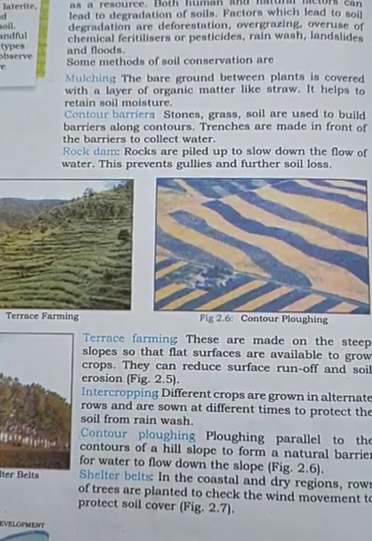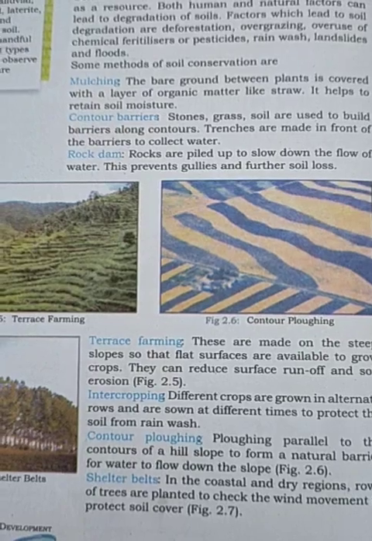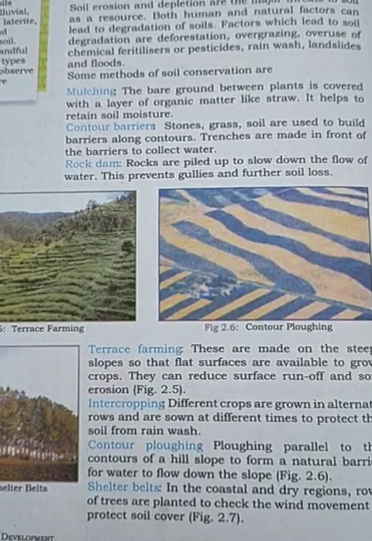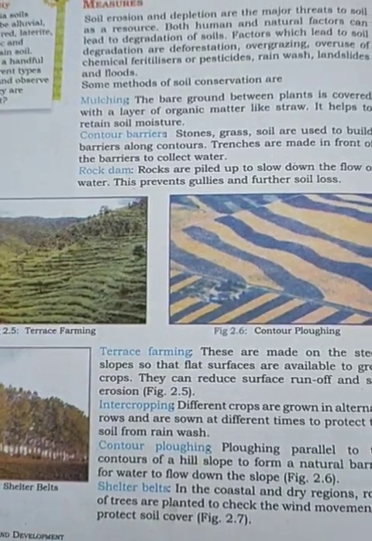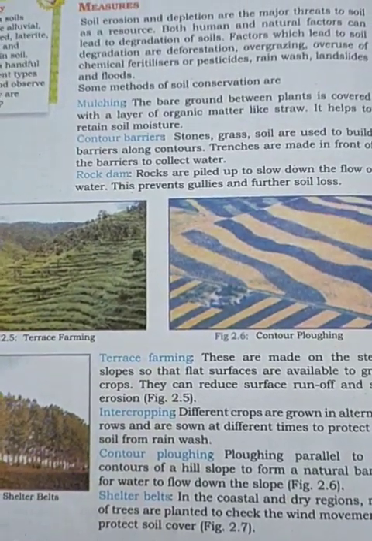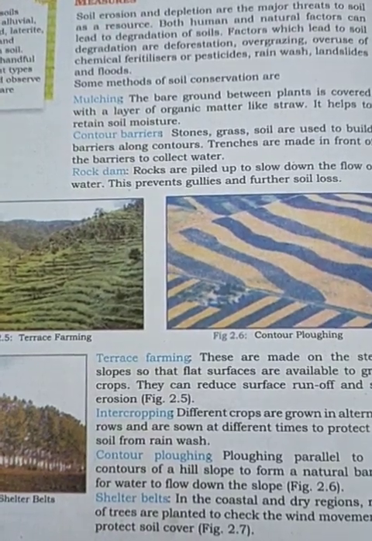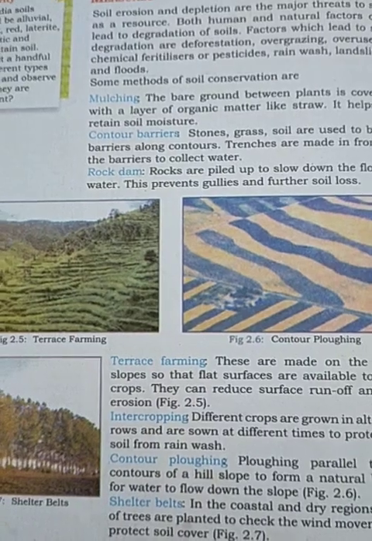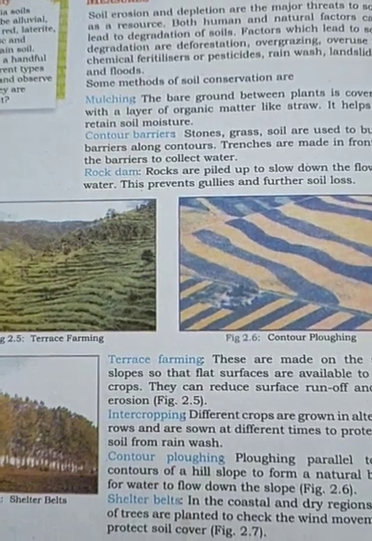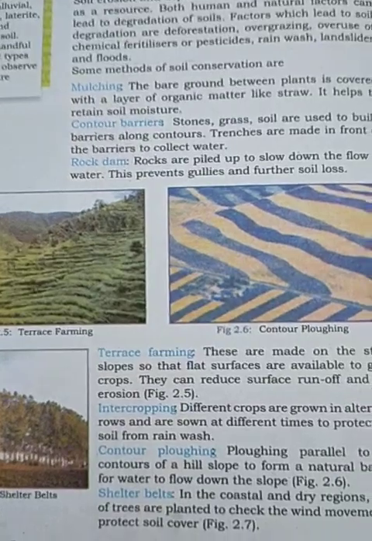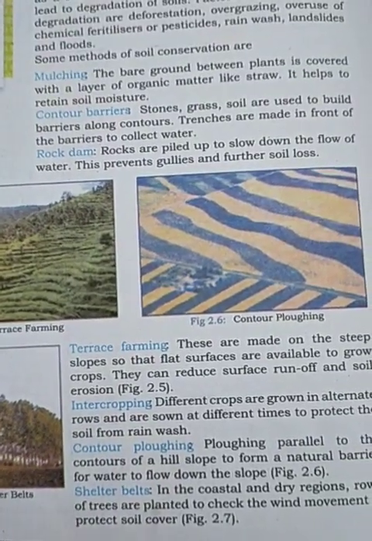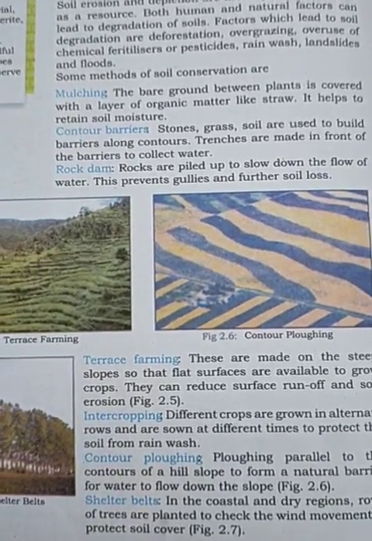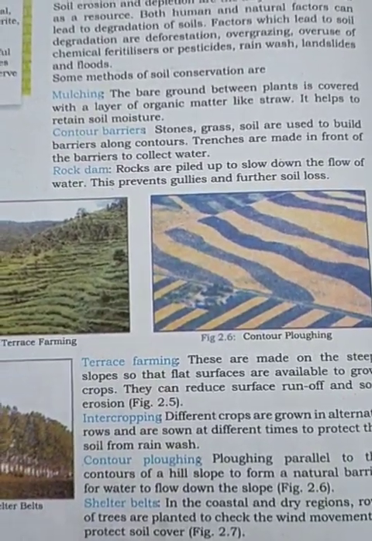Next comes contour ploughing. See, there is a hill and the hill has contours, that is the steps, exactly in the same way. You plough parallel to the contours, because there are already contours to prevent soil erosion, and when you plough exactly the same way, opposite to the slope, you will find the water cannot flow, isn't it? So I have a bed here, and I grow crops parallel to it. How will the water flow then? It will not go, right? Isn't it? So that is contour ploughing.